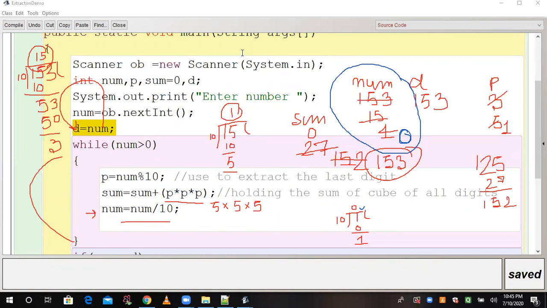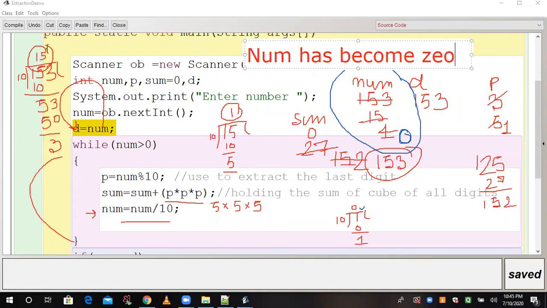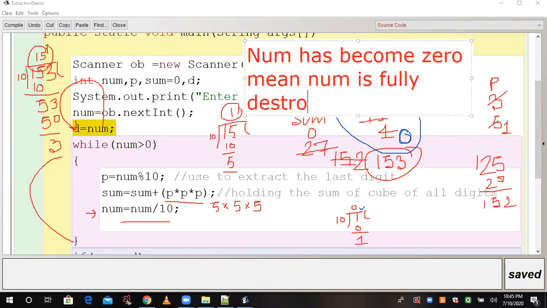Num has become 0. Means num is fully destroyed. Clear? Understand? Num has become 0. After this loop, num will always become 0. Okay.